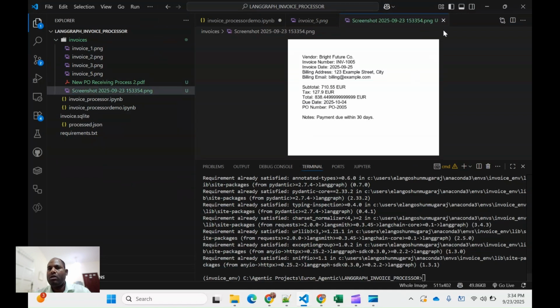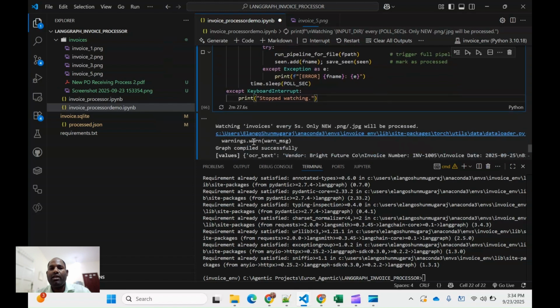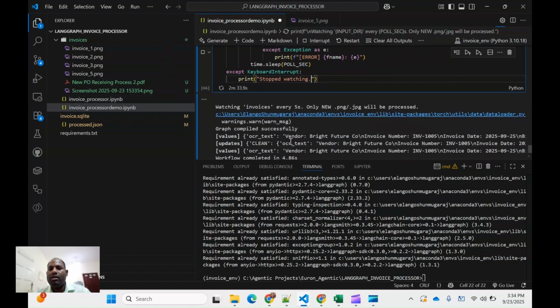So I pause this one. When I pause this one, it is checking. Yes, when I send a PDF, it will not work. So when I add a PNG file format, you take the file. See, it takes the file